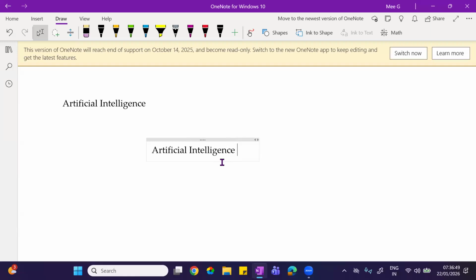As I said, it is where we are making intelligent machines. How are we doing that?